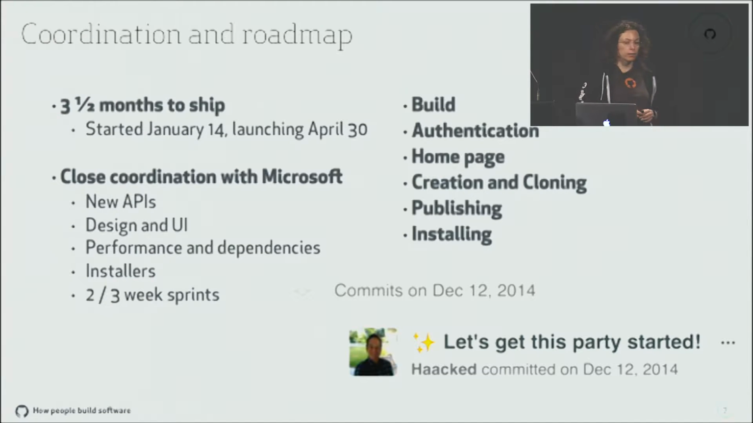So when we started this, the first commit was December 12th, 2014, by Phil, who was very excited getting this party started. I was hired and started working at GitHub on January 6th to work on this. And my first commit is January 14. And from that to launch was 3.5 months, because launch was April 30, and we had to launch no matter